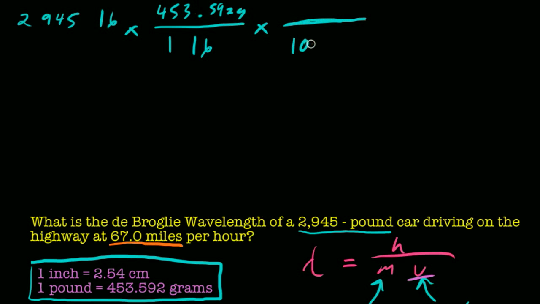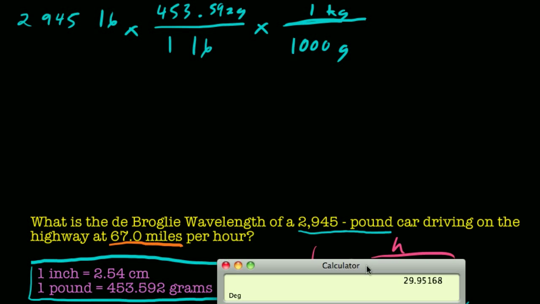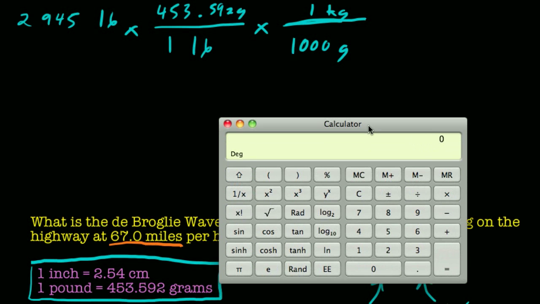And then what's the last thing we have to do? We just say 1,000 grams is equal to 1 kilogram. And then we're pretty much done. So now let's get out the calculator again. Clear that off, and we say 2945 times 453.592, and then divide that by 1,000, and we are left with